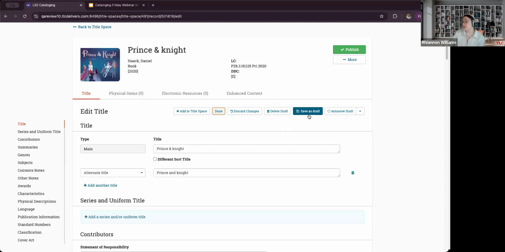So we have our standard save as draft button, so I could save all of my changes here. And we do have our new auto save draft feature, which is very exciting. I'm very excited to have this here in LS2 cataloging. This auto save draft option will allow you to select the interval that you want the title editor to save your changes in. So you can choose from 1, 3, 5, 10, or 20-minute intervals to save changes to your title as you